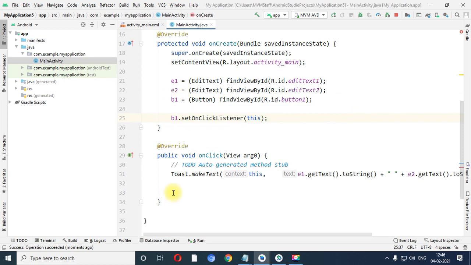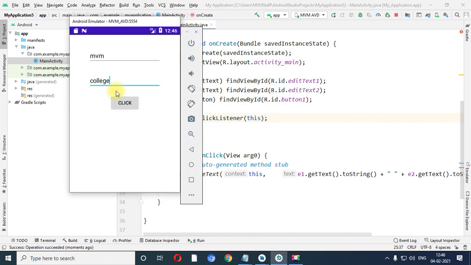But see, right now you observe that when I click on the button, the toast appears at a specific position, right? So what if I want to make the toast appear over here? That means if I want to change the location of the toast, right? At that time I have one method called set gravity, right? So using that method you can change the location of the toast.